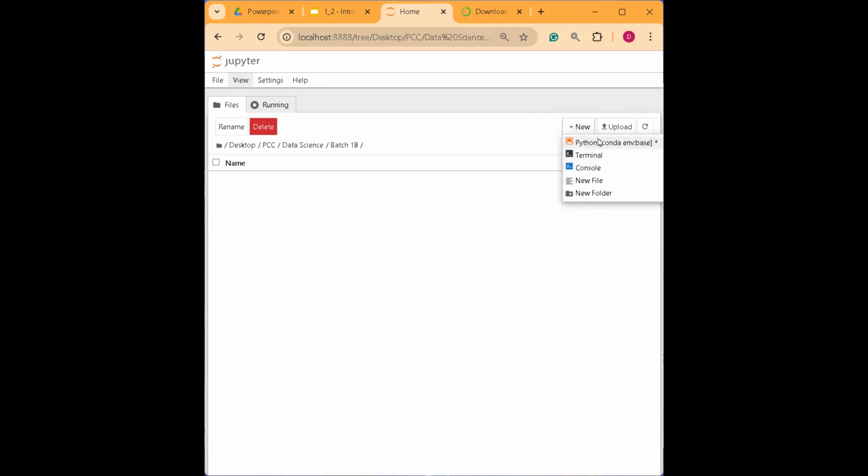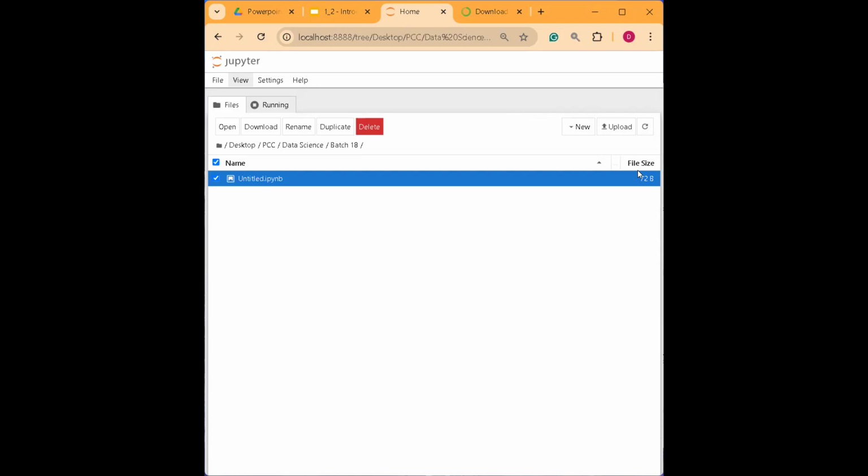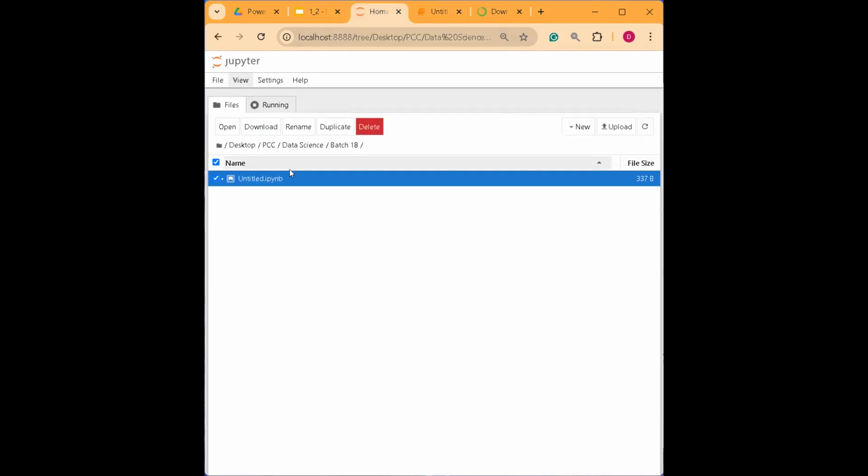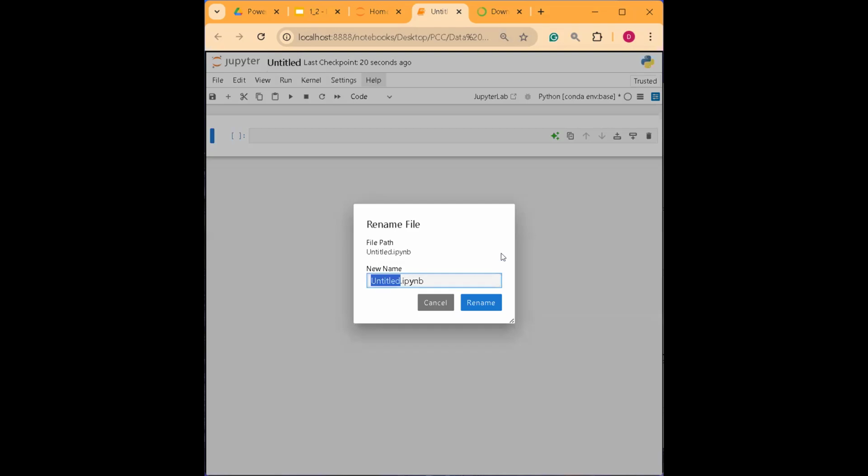I want you to choose Python, Conda environment, base. Okay. Now, it was really easy to create a Jupyter notebook for Python. This is what we call a Jupyter notebook. Currently it's untitled, right? This is our notebook. You can click on this part to edit the name. So I'm going to name this one batch 18